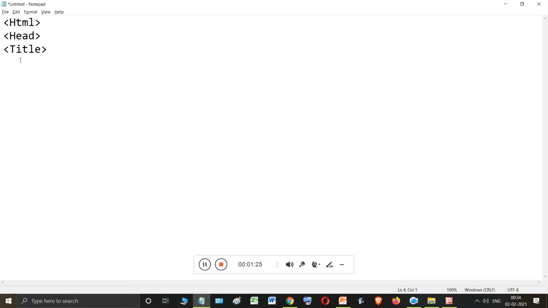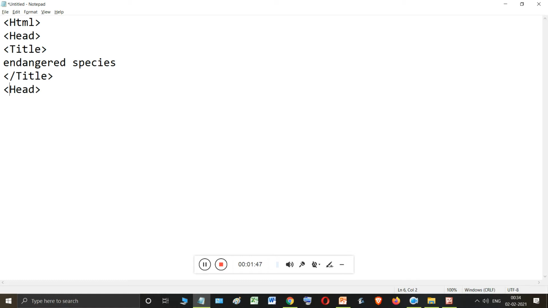So I'll just write endangered species. And now let us close the title tag. And after closing the title tag, we need to close the head tag as well.